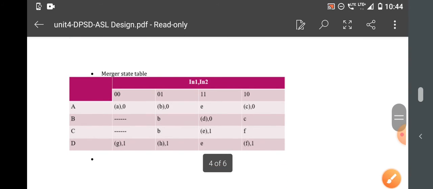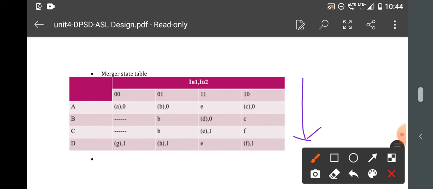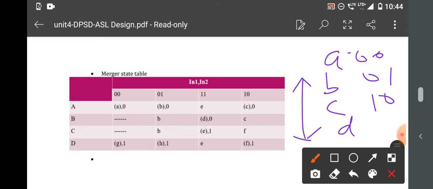So this is the merged state table. I told you we can come out with 4 states, and these are in the merged state table. In this merged table you assume that you will have the values only from A, B, C, D, 4 because there are 4 states. It can be 0 0, 0 1, 1 0 and 1 1. This is how I'm going to define it. The remaining E, F, G will be converted accordingly to any of the 4 states. How to do this merged table and how to reallocate D, E, F in terms of A, B, C, D, I have given in one more tutorial on my channel about an asynchronous sequential design solved problem.